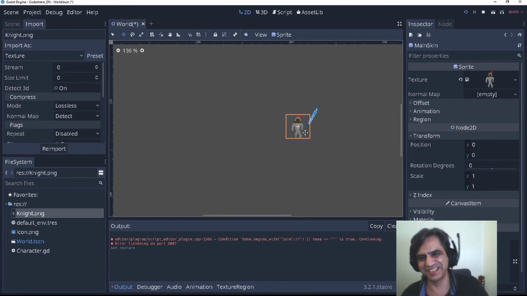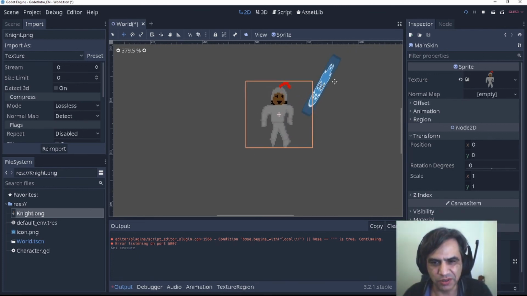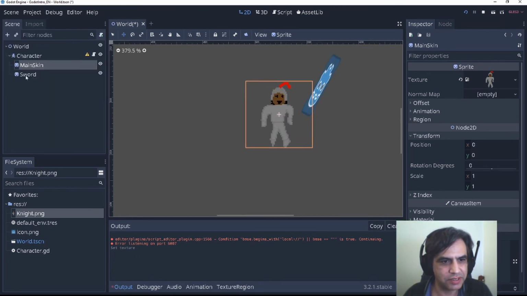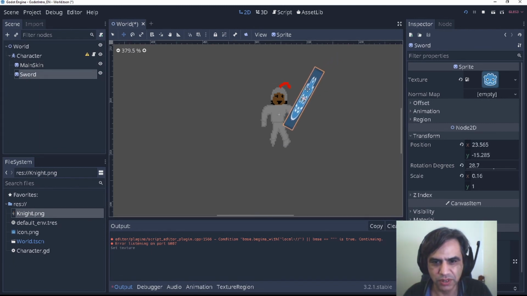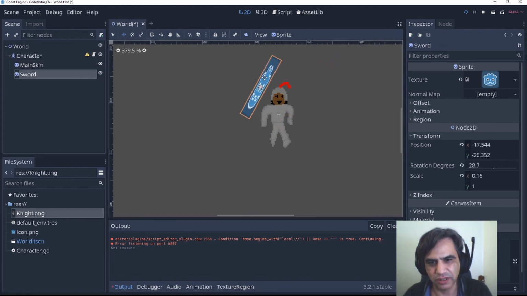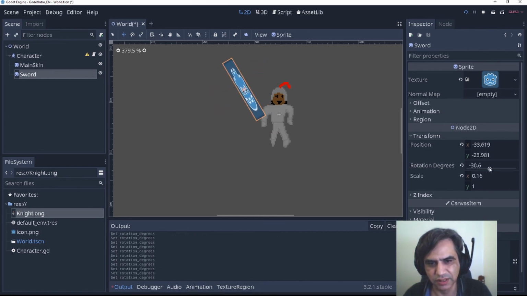It's deep. Okay, so now I go here to my scene. Maybe I'm going to do something like this, and I'm going to rotate the other side like that.